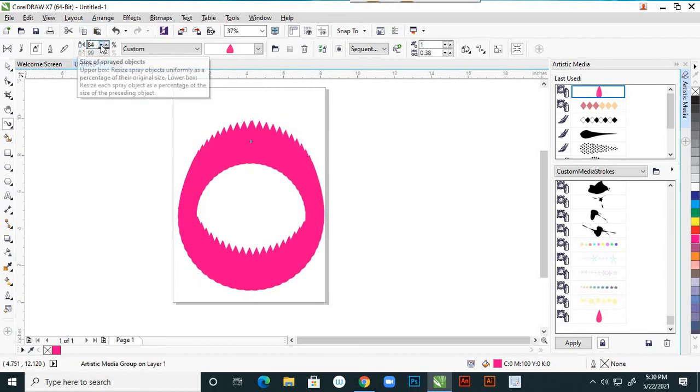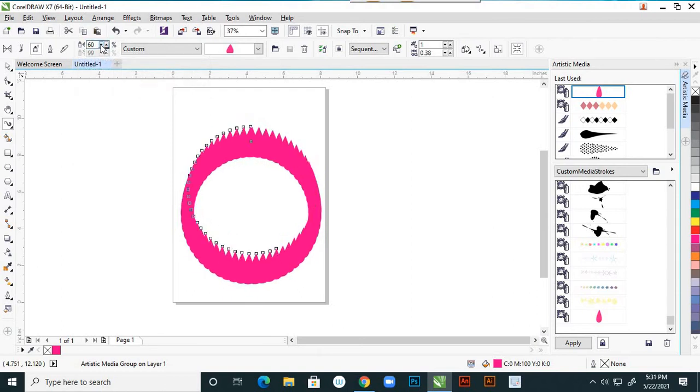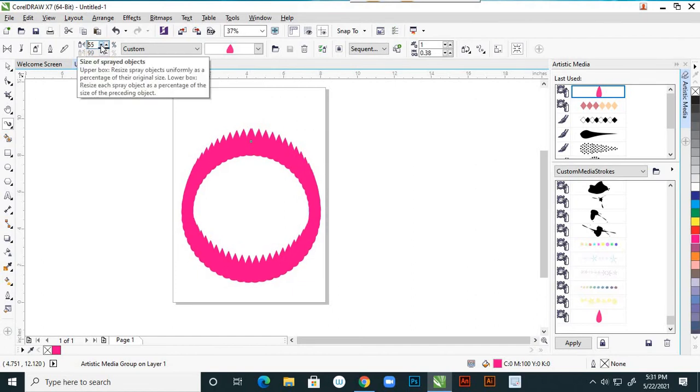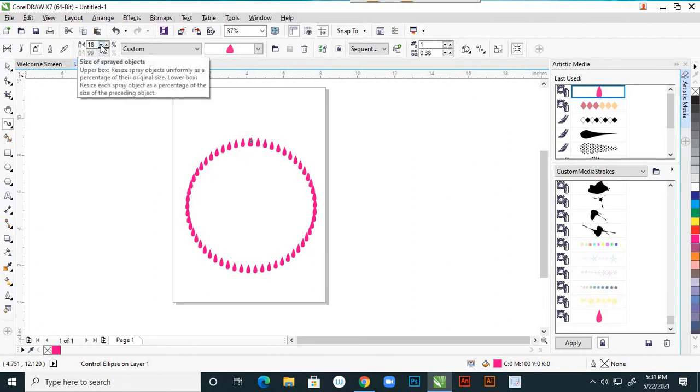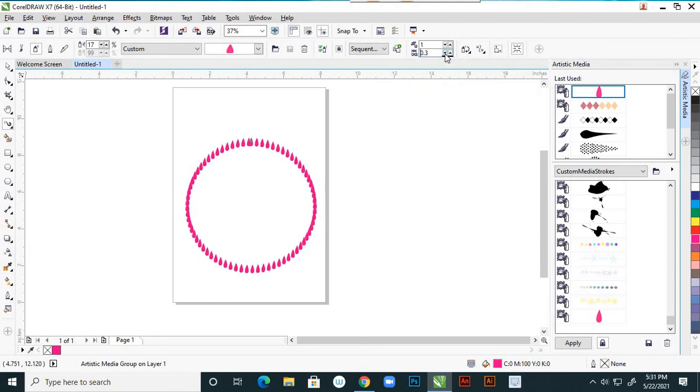We are reducing the size of the sprayed objects to the minimum. Now it is coming around the circle. Good. Now check this space.